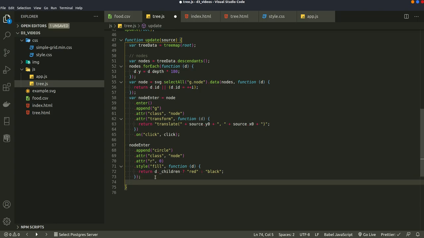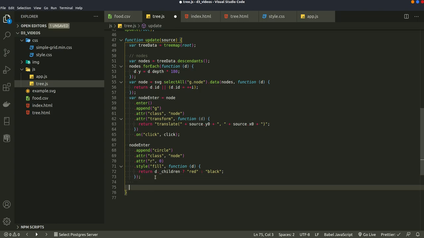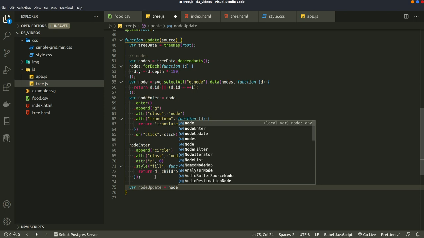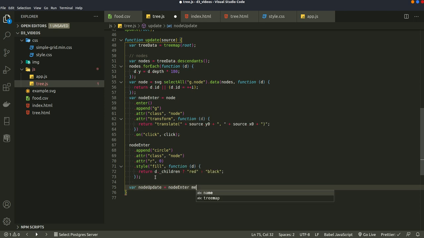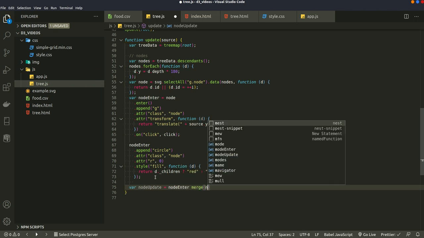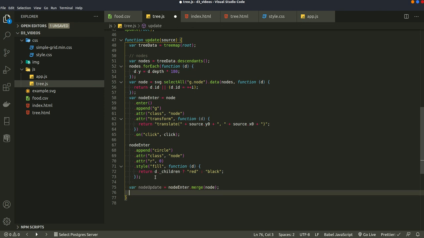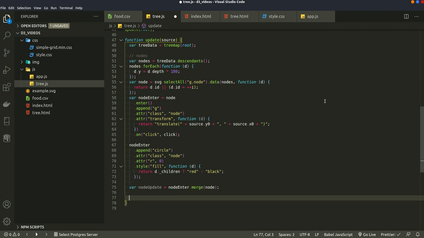So, okay, we're going to update. So var node enter dot merge node. Okay, so we're going to do a transition now. So we start our nodes at their parent position, but we want them to move to their new position. So node update